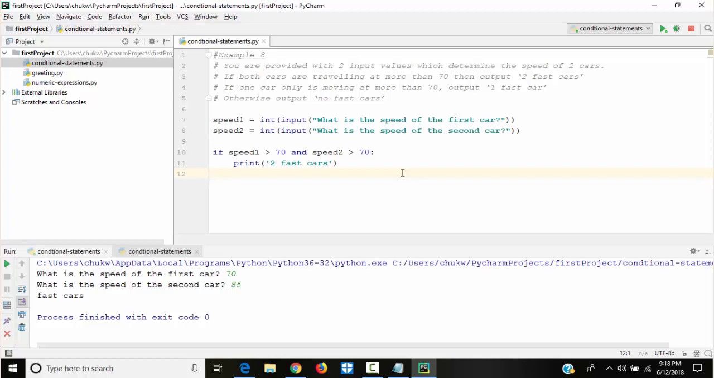Now, we put elif because we still have another one. Otherwise, output no fast cars. So that would be another condition, so we use elif. We have more than one condition here. So elif